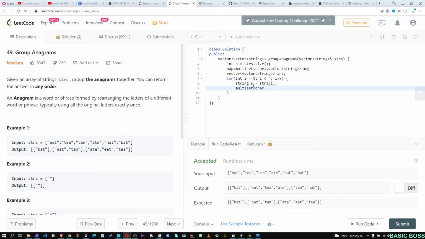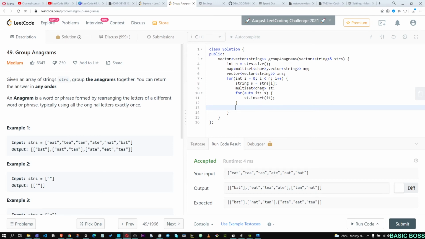So it will be multiset char. Let me call it st. Now let me traverse the string. So what I have to do is push the characters of the string into the multiset. So let me push it. So for that I'll be using st.insert, then it. So once we are out of the loop, we know that we have traversed the string and all its characters have been pushed into the multiset.